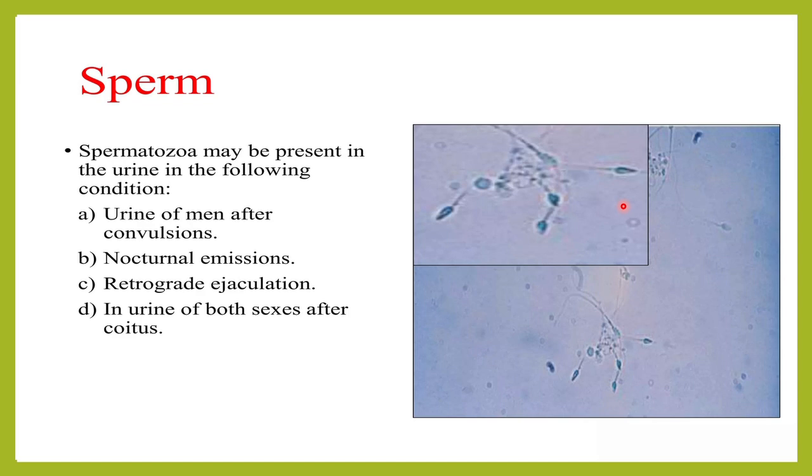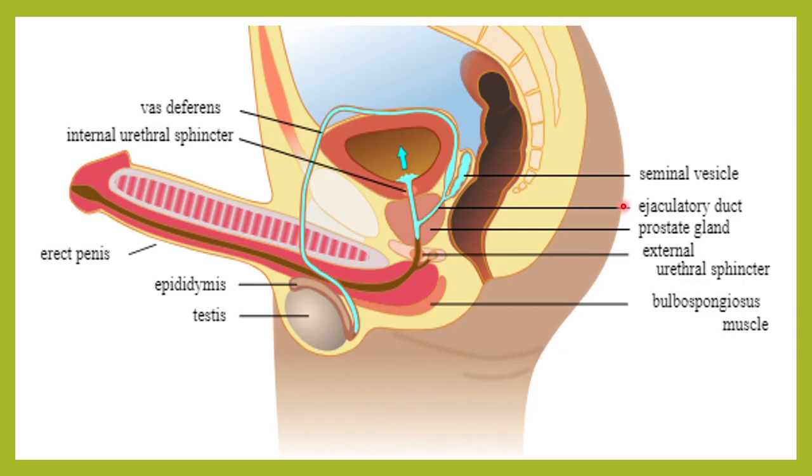Sometimes the sphincter can get relaxed, and then you can throw out these sperms in the urine also. So this is a case of retrograde ejaculation. You can see the testis, the epididymis, and the vas deferens which has come here, and the seminal vesicle, which join to form the ejaculatory duct, and they ejaculate here.